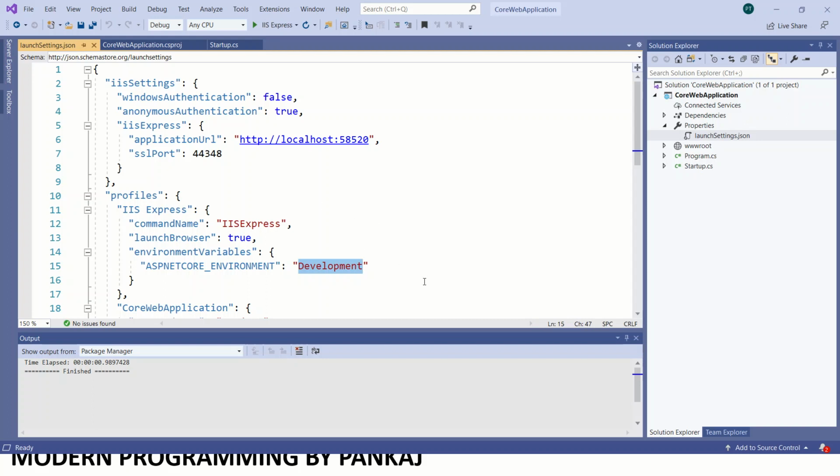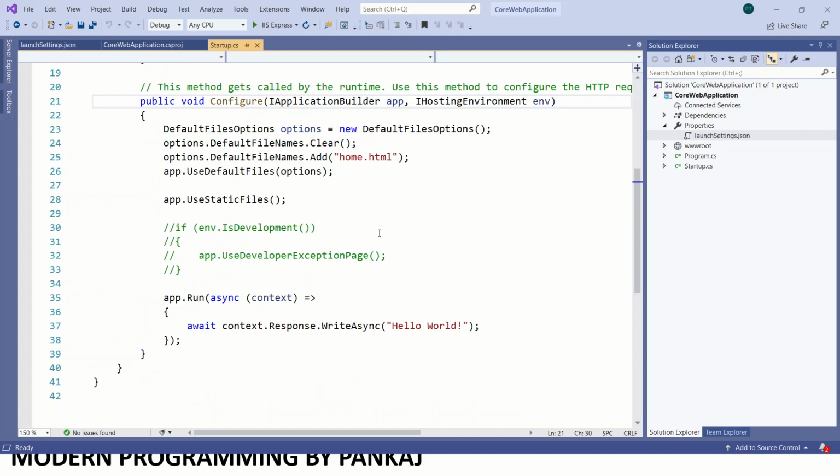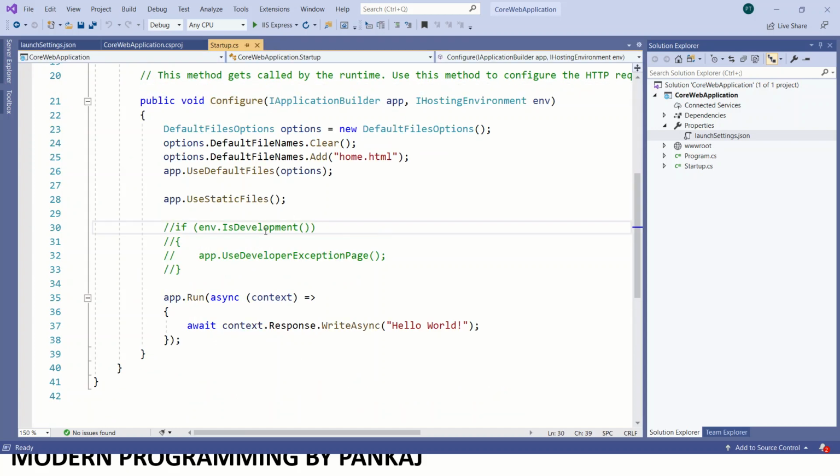Now how can we access the environment variable at runtime? We can get the value of the environment variable in our code to execute some additional code based on its value. So, IHostingEnvironment. Let's go to the Startup class, inside the Configure method.